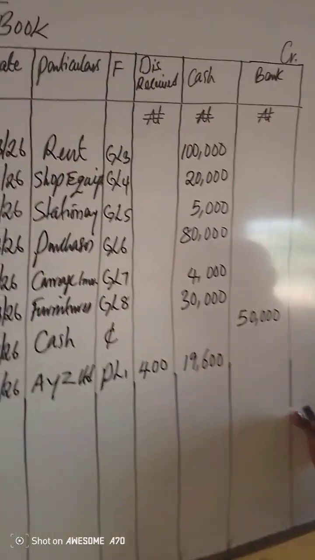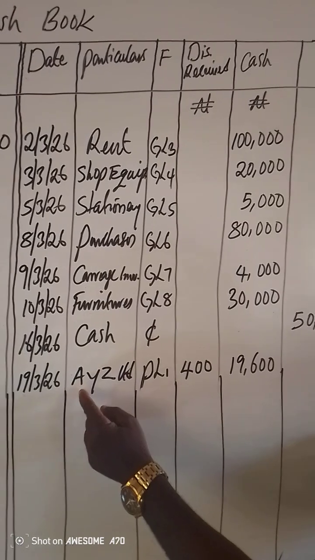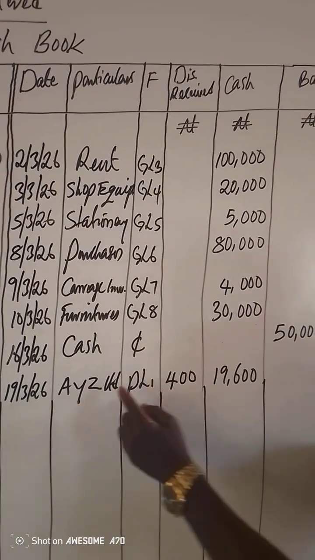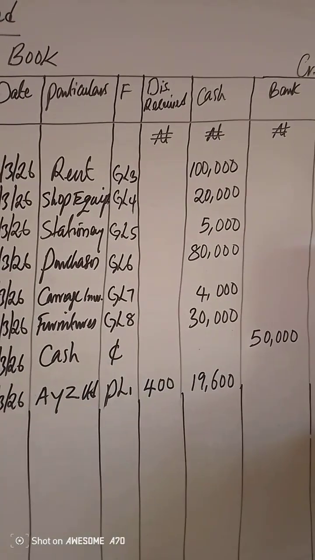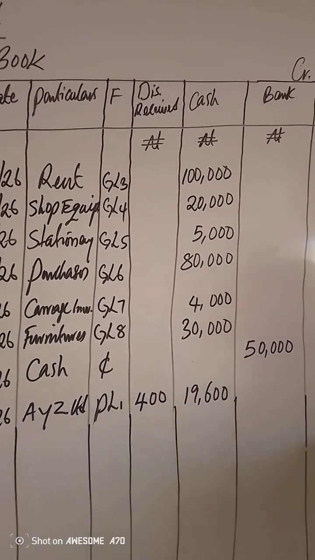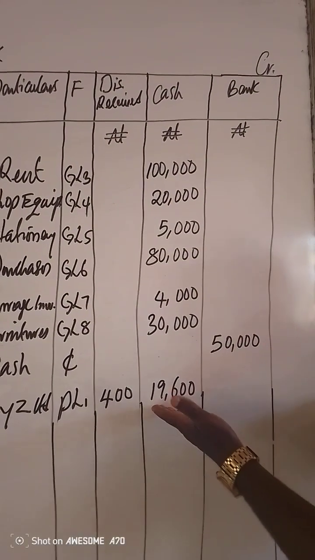Now, we come here and say, on this date, 19th of March 2026, the business paid AYZ Limited, which is Purchase Ledger 1, and the discount that was received on that day was 400. If we subtract the 400 from the 20,000, the net amount paid by cash is